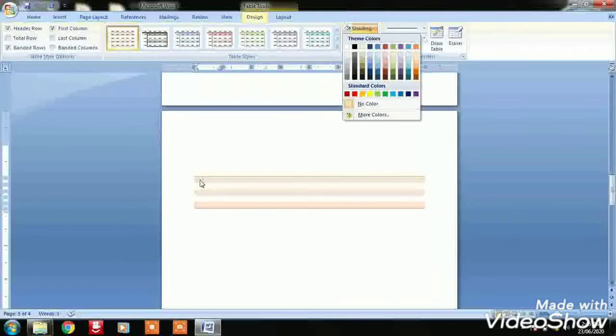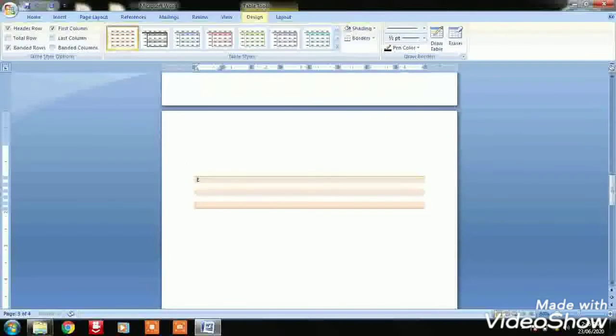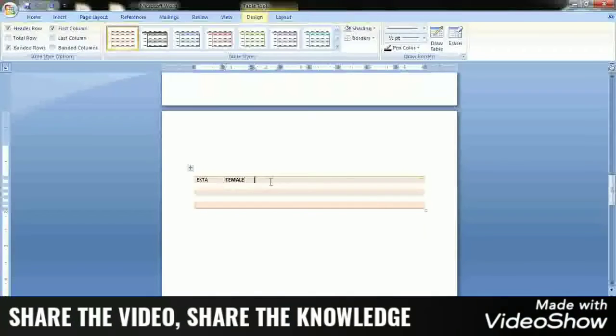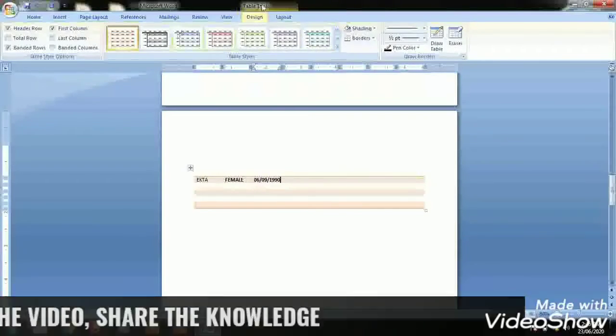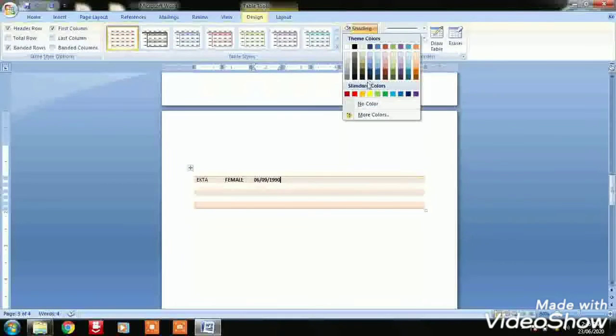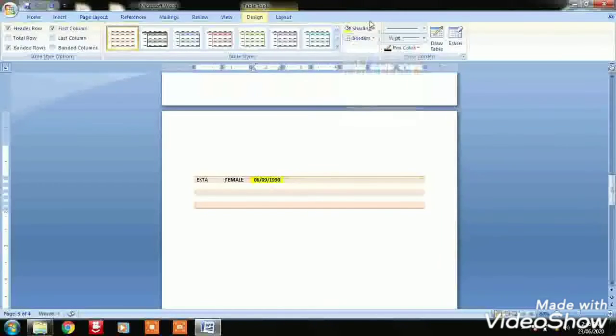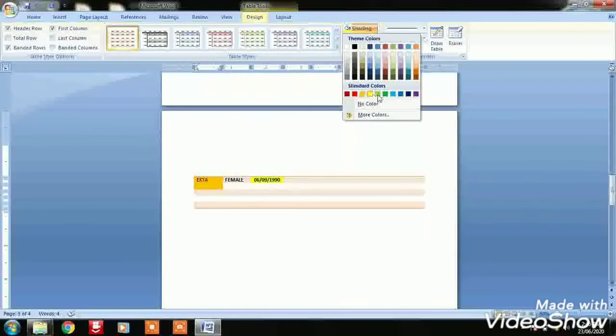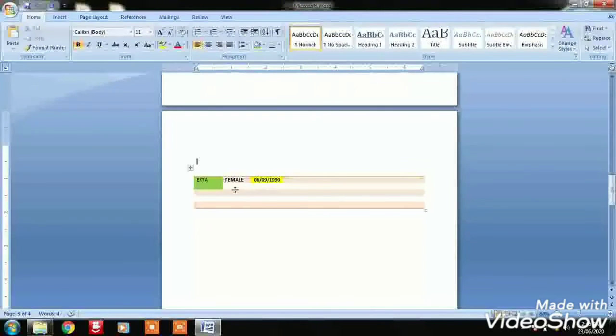We can go for coloring. Like here the text is written. Then you can add like this. Okay, so like this, if text is written, what we need to do is highlight this. So we can go for colors also. If I wanted to highlight this, I select this text, and then again if you want, you can go for shading. So like this we can apply colors.